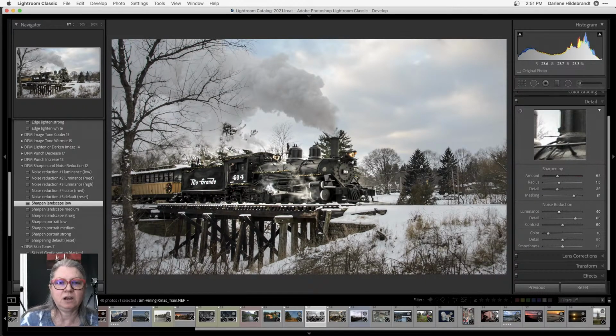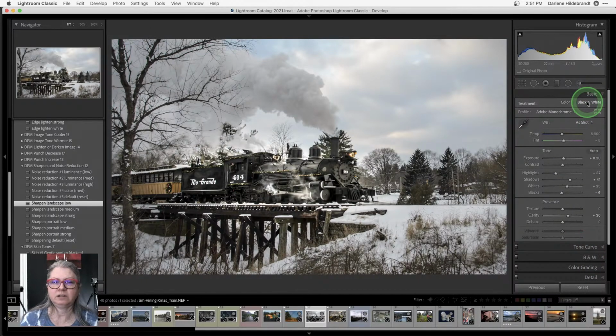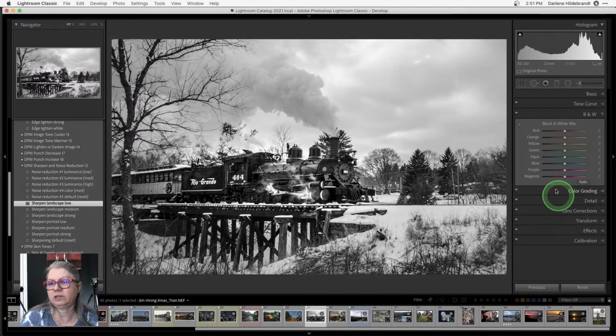Now this is one that I might actually do in black and white because I like the contrast, and when I switch it to black and white, I think that it's just going to give me a really cool old look again. So we could do the same kind of thing and apply that. Look at what happens when I apply the HSL in the sky.